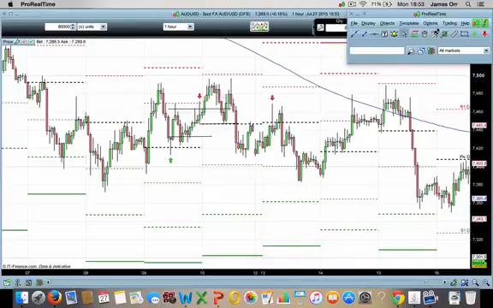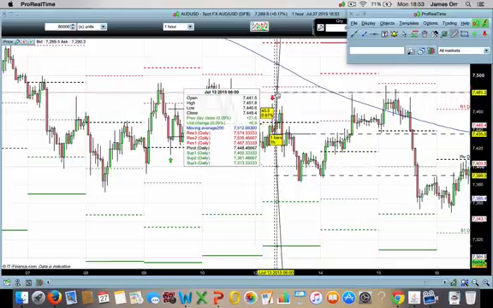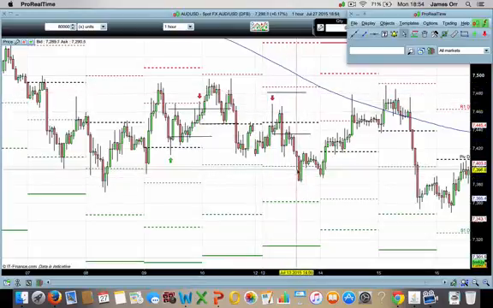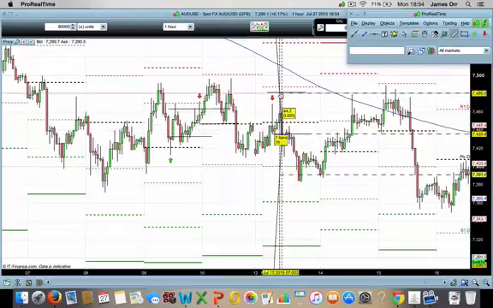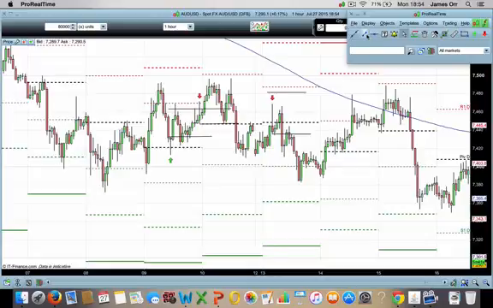Pin bar. We are entering below the low of the pin bar. Let's just make it straight on the low for simplicity. Stop is bar length, so let's say 30 pips. So 45 pips is your stop. 7481. Stops up here, right there. You're then looking for 1-to-1, and then you're closing half your position. So when you get to 1-to-1, which is 45 pips, 7390, you close half your position